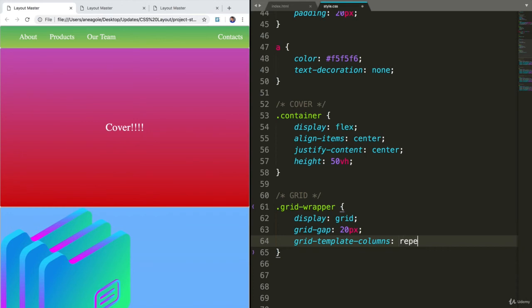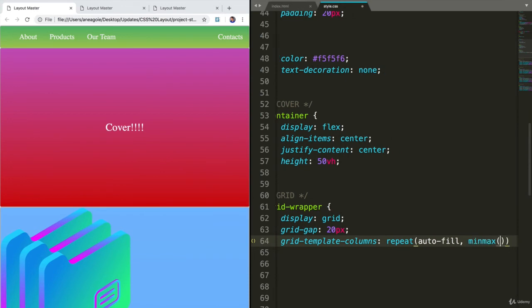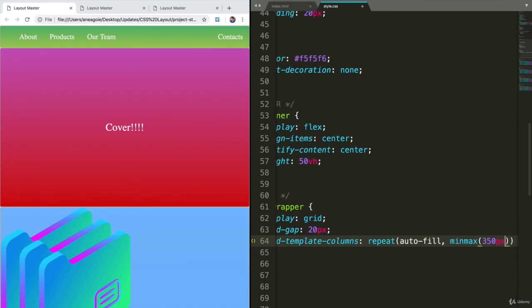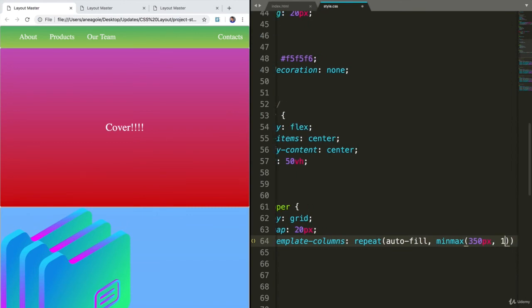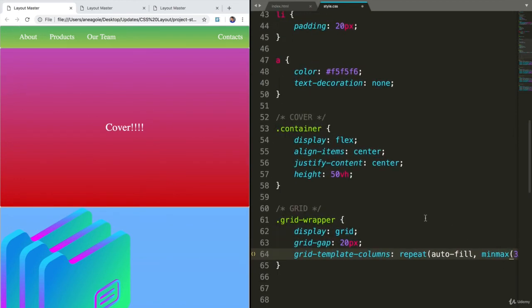We'll say repeat, auto fill. And we'll say that the min max will be, let's say 350 pixels. So that is the minimum. And the maximum will be 1 FR, so that it fills the entire page when it's really, really small. So that if I save this and refresh,